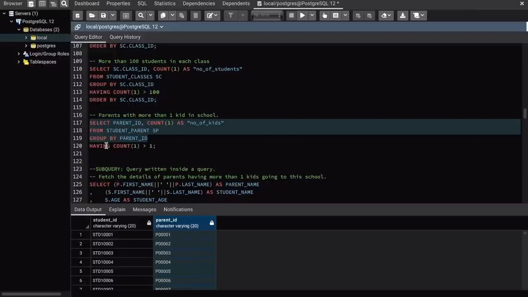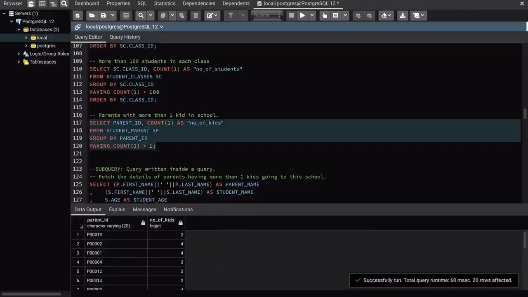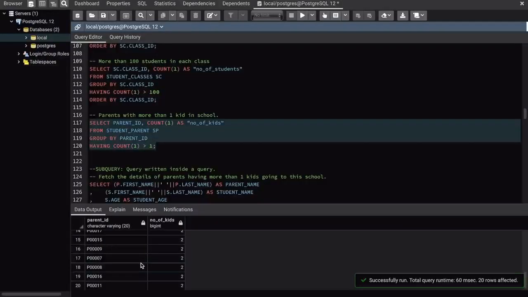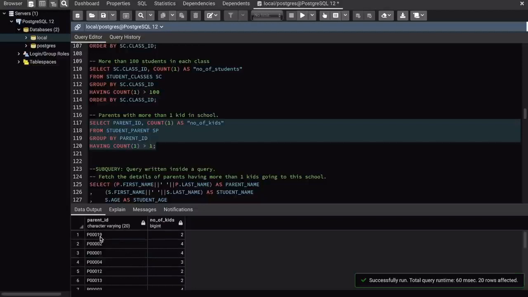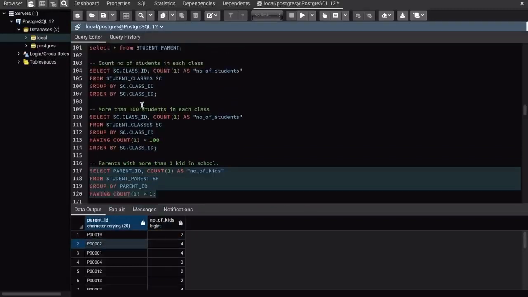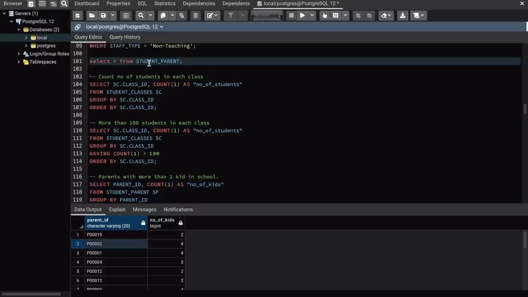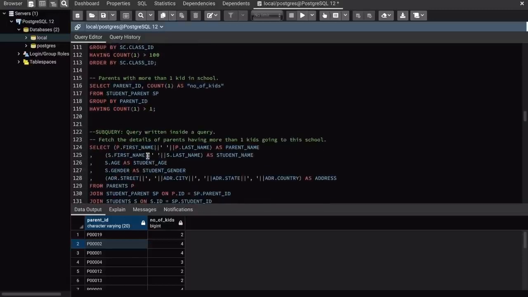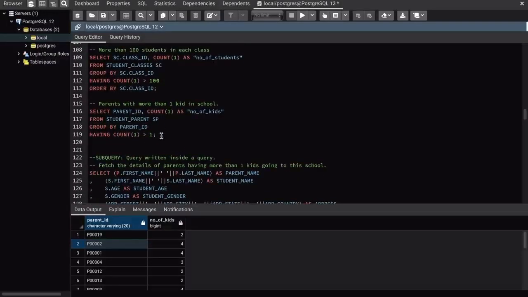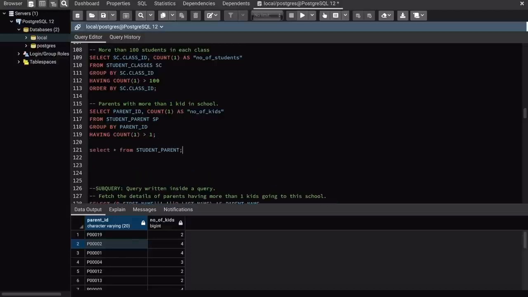So for that I use a having clause saying the count greater than 1, and then when I execute this, I'm going to get this output. So basically it tells us parent P0019 has 2 kids, P002 has 4 kids. So if I want to check if this is true, what I can do is, let's say I go here and I put a where condition where